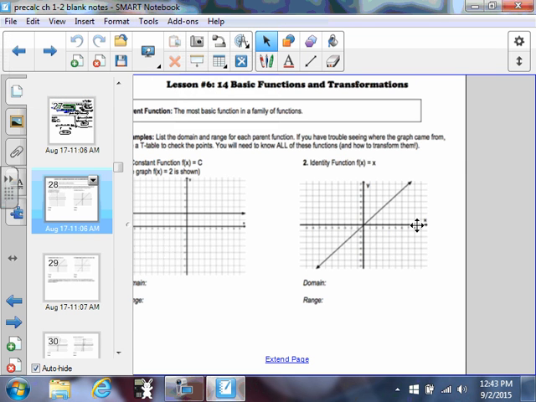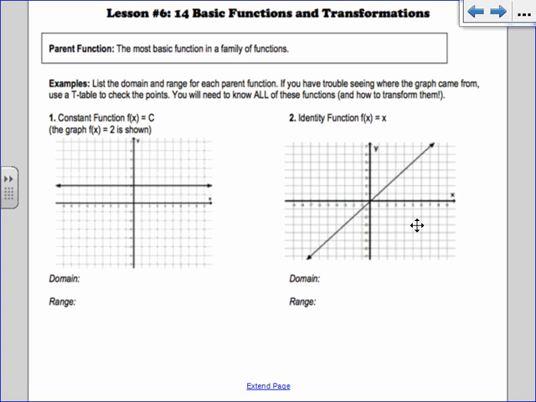All right, here we go. So lesson number 6 is on 14 basic functions and transformations. So I'm going to talk about a bunch of parent functions. Parent functions are the functions with the most basic shape. So like a parent function for a parabola is like